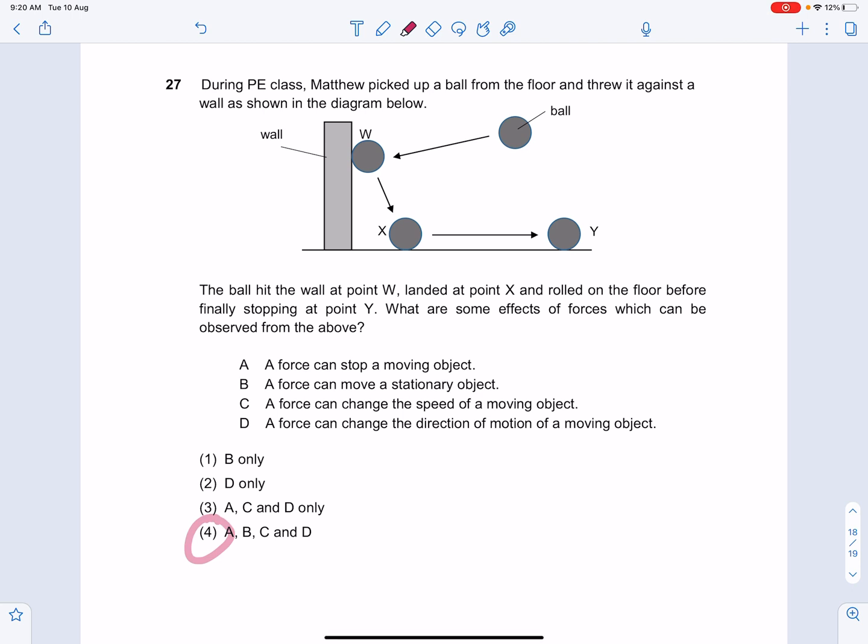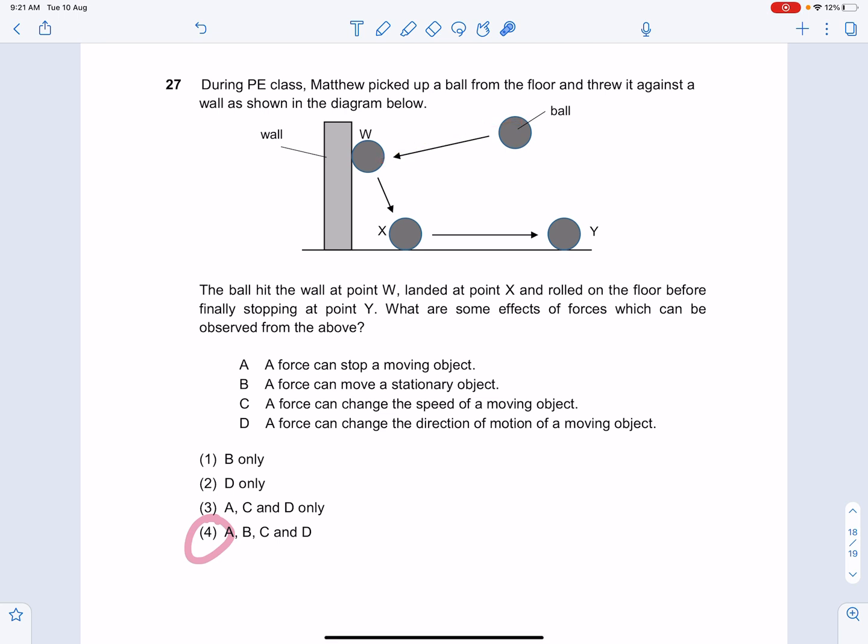And I will explain to you why. So as you can see, when you throw the ball, it starts off stationary, right? So he picks up the ball and he threw. Imagine it holding in the air is so-called stationary, and then when you throw it, you start the movement. As it hits the wall,